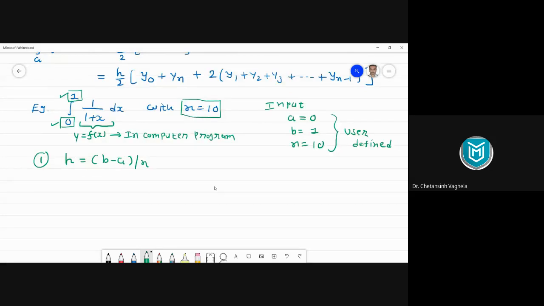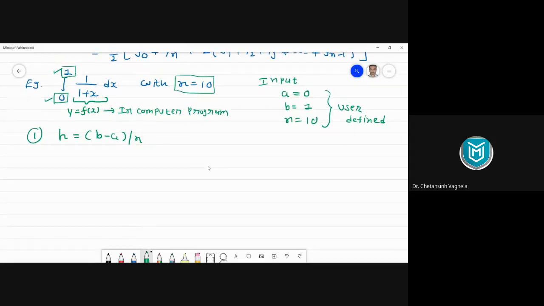Now once we have the value of H available with us, second, we need to calculate or generate X and Y values, because ultimately in our formula we need to use the values of Y. So first we need to calculate those values of Y. Now how can we get the values of Y?